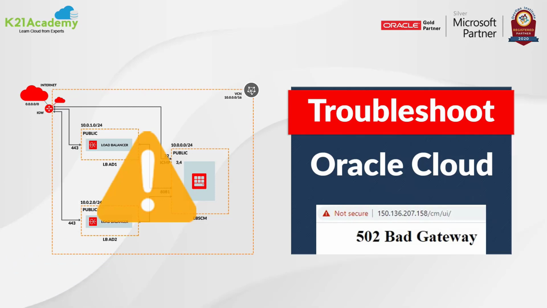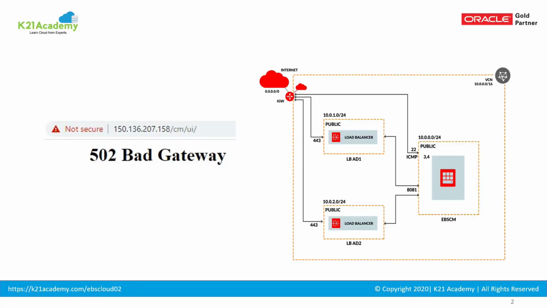And today's troubleshooting tip is specific to Oracle Cloud. To give you some context, I have a training program for running Oracle E-Business Suite on Oracle Cloud. In that, when my users were running that application, some of them reported that they are getting a 542 bad gateway error when trying to access the application URL. So I thought I'll take this problem statement and explain how to troubleshoot issues like that.